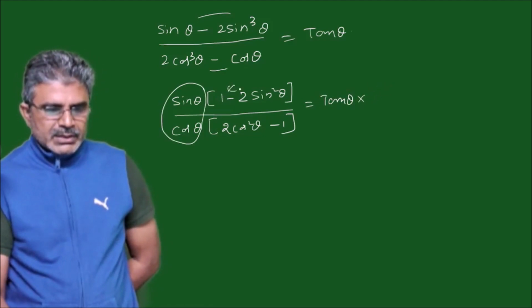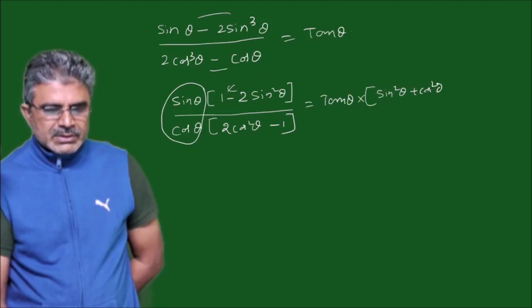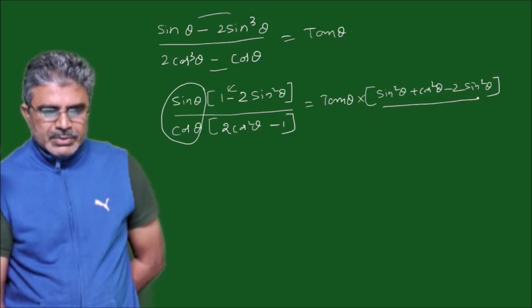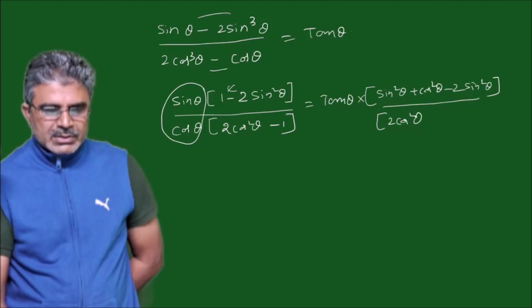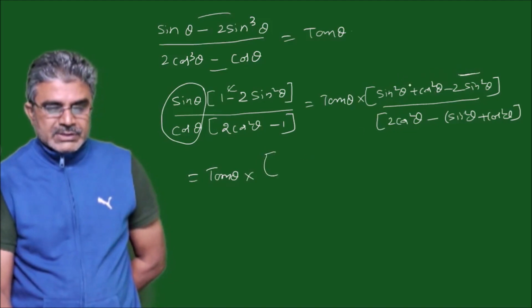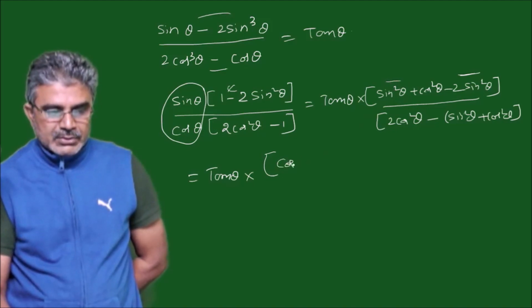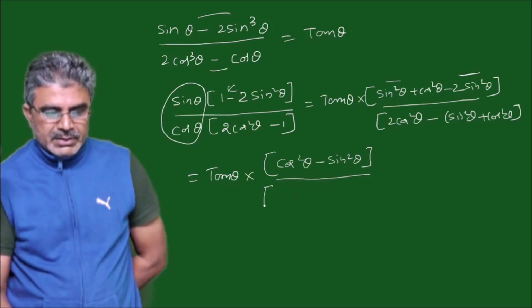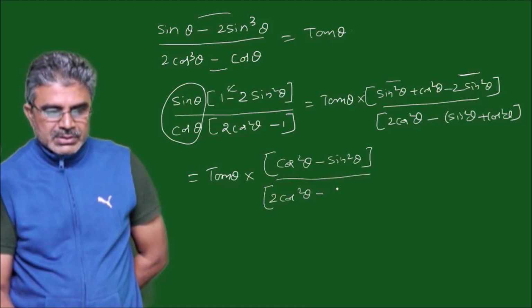So I want to write 1 as sin square theta plus cos square theta minus 2 sin square theta, and below we have 2 cos square theta, and minus 1 I can write as sin square theta plus cos square theta, which is equal to tan theta into, you have minus 2 sin square theta and plus sin square theta, so you have cos square theta minus sin square theta in the numerator divided by, below, 2 cos square theta, this is minus sin square theta minus cos